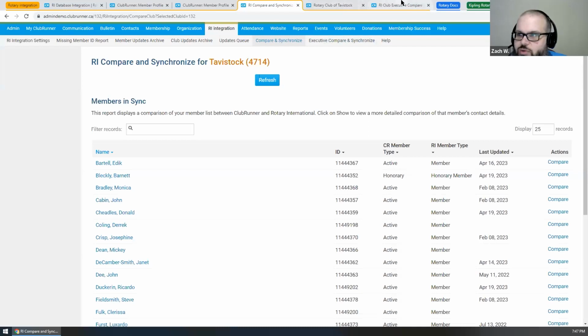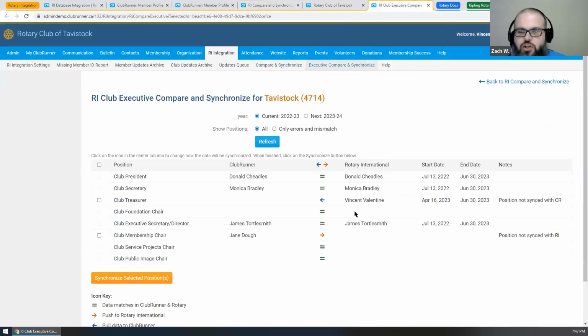We also have a really great tool for checking your club officers. This is the Executive Compare and Synchronize. Executive Compare and Synchronize works just like the Member Compare and Synchronize. I apologize that I'm jumping slightly, but the Executive Compare and Synchronize allows us to push or pull club and officer information between Rotary and Club